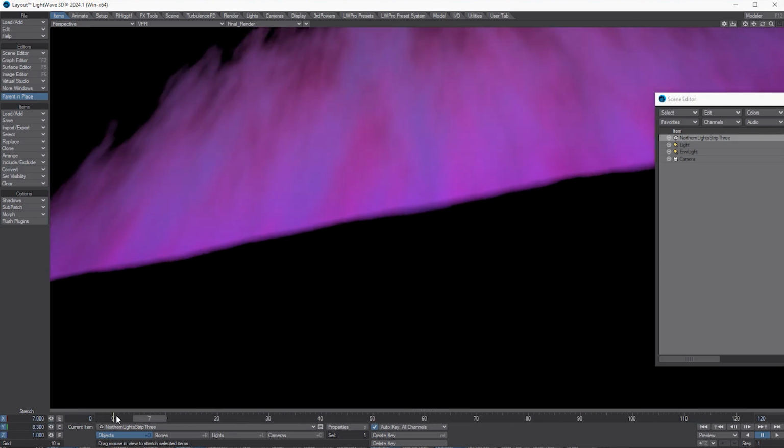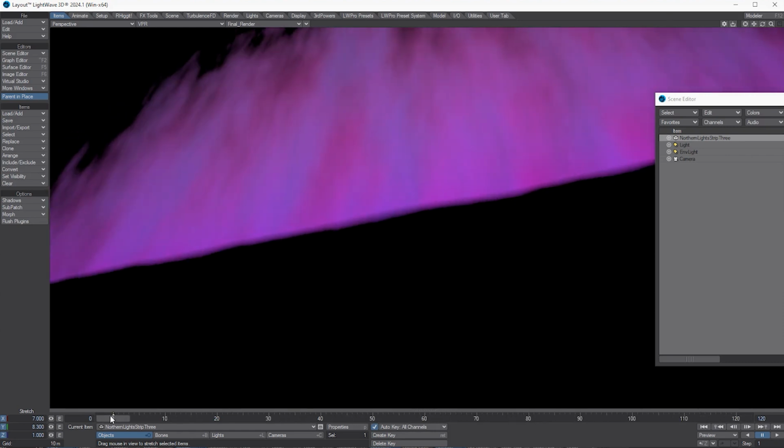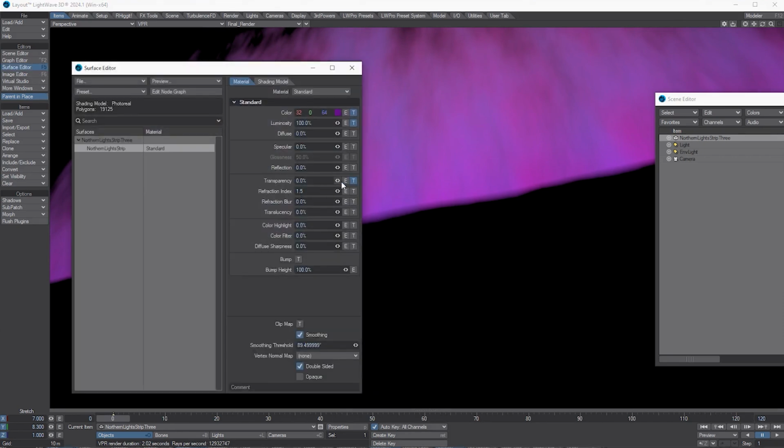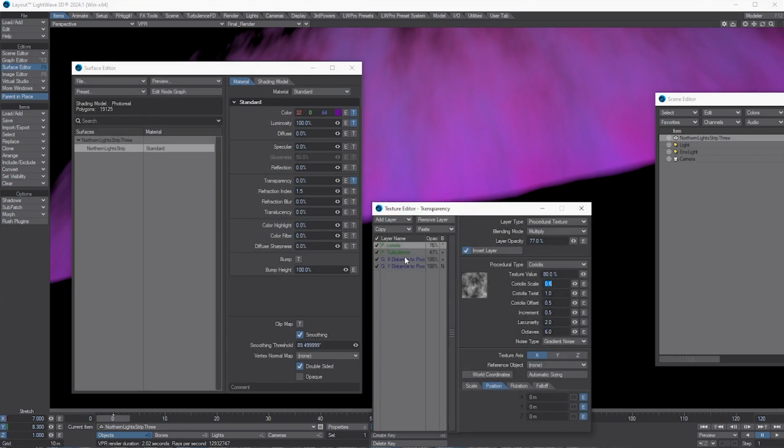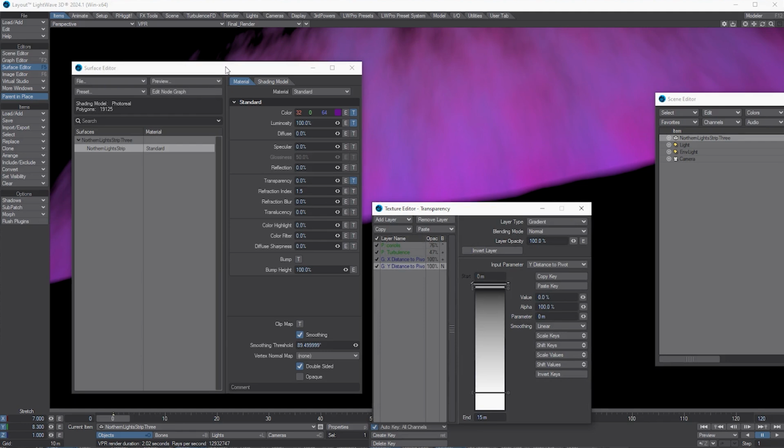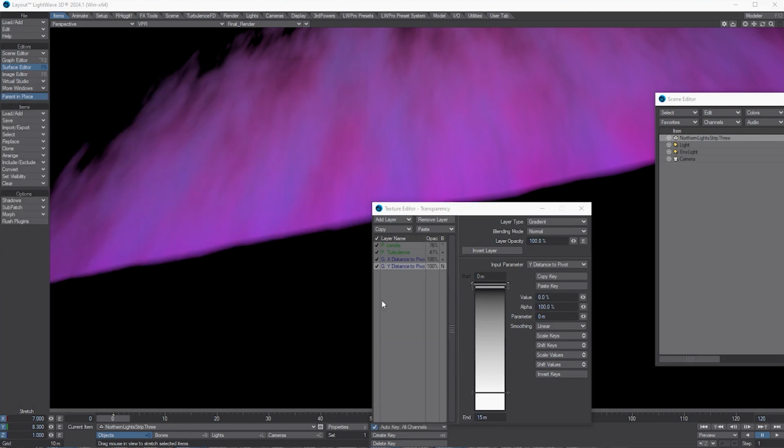Get a nice effect there. And if we're not finding ourselves liking this as it is, we'll go back into the surface editor and start playing around with the transparency a little bit more. Keep in mind though, because we've changed the distance of object or distance of pivot based off of the size of the object, these are going to be a little bit different to handle. They're still based off of the original